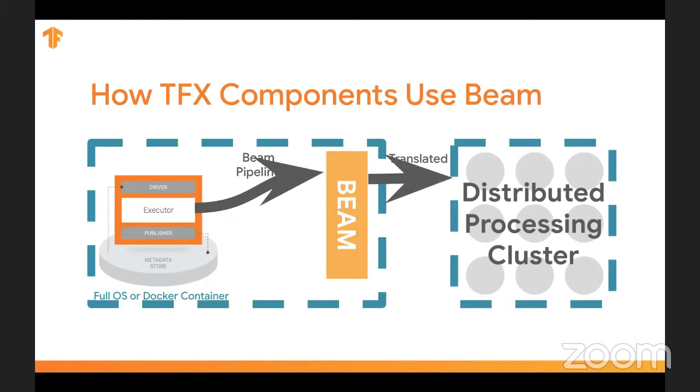So remember, Beam is sort of a translation layer to an underlying distributed processing framework like Spark or Flink or Cloud Dataflow. So it's going to express it in whatever API is required in that target environment. That target environment is going to use its compute resources to process that set of operations, and it's going to deliver the result back to Beam, which is then going to translate it back into the Beam syntax for your